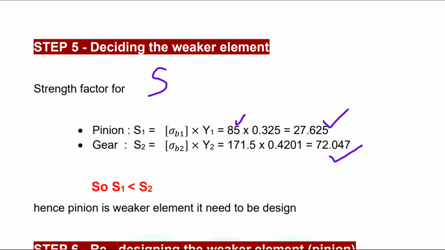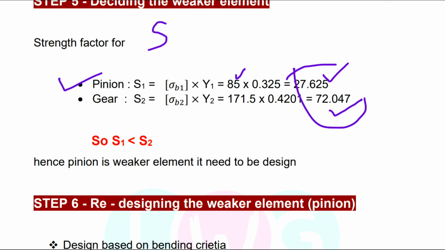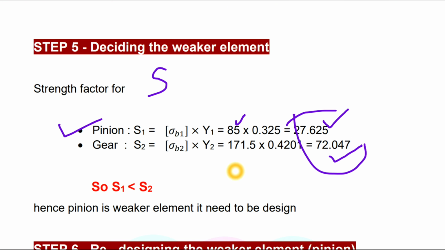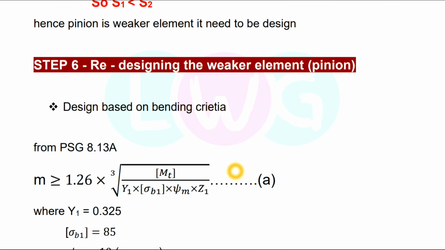So with these two values we notice that S1 is less than S2. So the value for the pinion is less, so it will be the weaker element, hence pinion is the weaker element and it needs to be redesigned. So as we know now that pinion is the weaker element, in the next step we will redesign the weaker element. So the next step is step number 6, which is redesigning the weaker element,